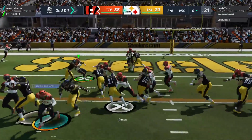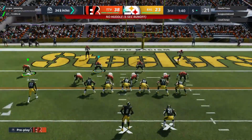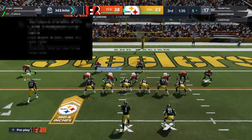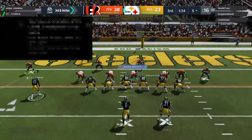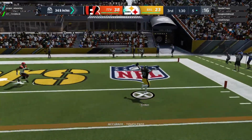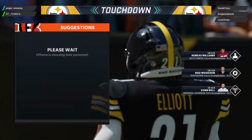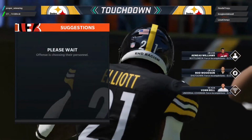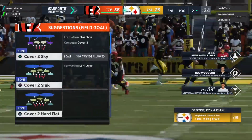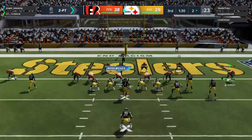Out of the gun, it's Elliott. And a minuscule gain of maybe a yard from the 6 to the 5. Mean Joe Green on the tackle. Brings up 3rd down. Jackson looking to throw on 3rd. His pass caught at the 4. And he's in. Touchdown, Steelers. A 5-yard touchdown. And the Steelers are able to close the gap just a bit. The Steelers will line up for the...